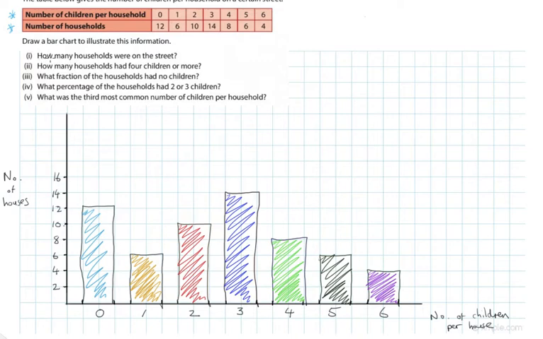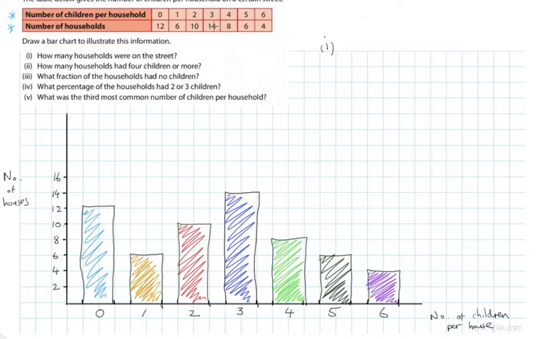Now, how many households were on the street? That's the first question they're asking here. So it tells us the number of households that have different numbers of children. But in order to find out how many households are on the street, we're going to have to add all of these together. So we'll have to add 12 plus 6 plus 10, and we'll do it now. You can use a calculator, or you can do it in your head with me now. So 12 plus 6 is 18, plus 10 is 28,